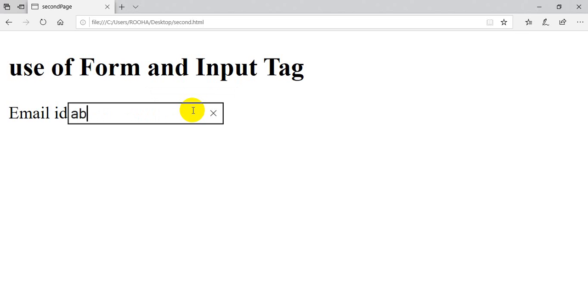But if I write abc at the rate gmail.com, so no message. Okay, but if I remove that at, if I write gg, so again you will get some message.